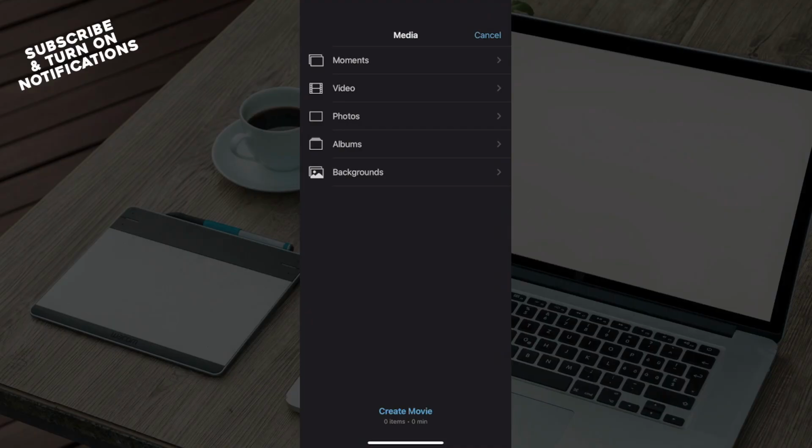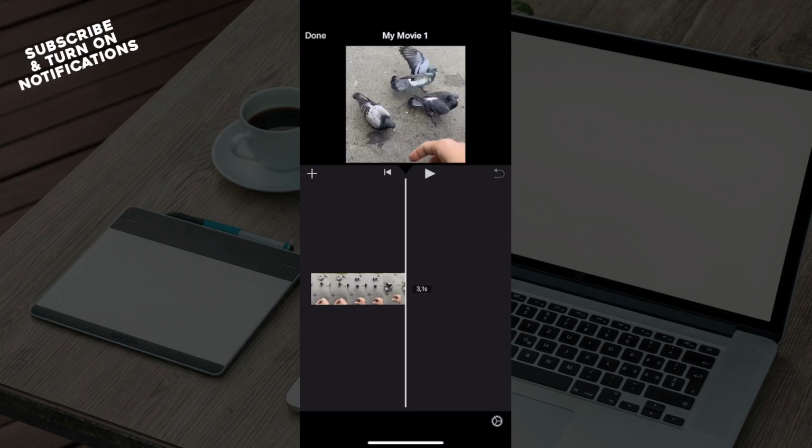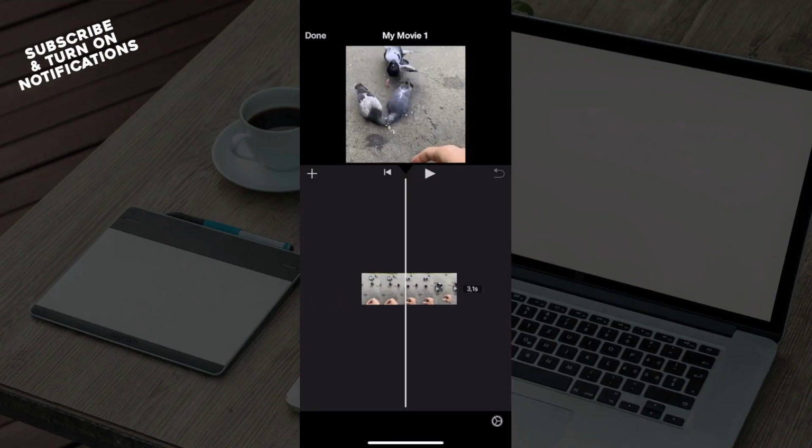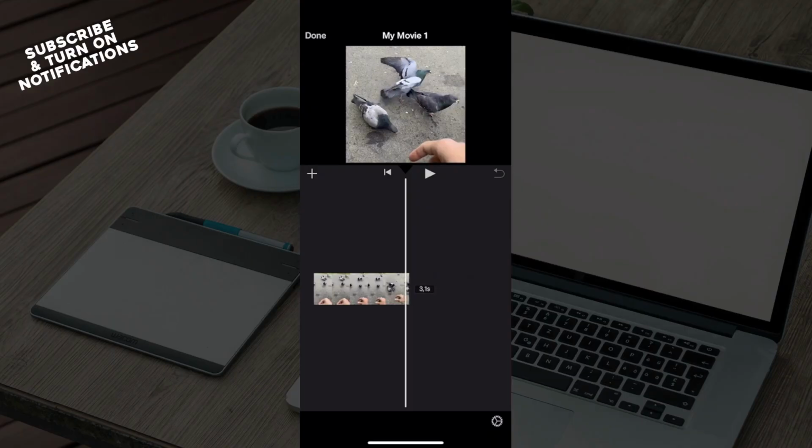You will see the options to create a movie. And you can see here, I've just added this and it says my movie. It's just some random video. And once you're satisfied with how you set up the movie and how it looks, you can go ahead and